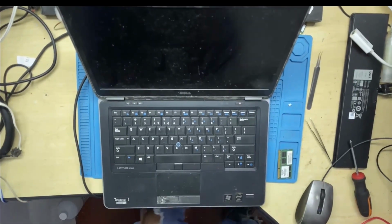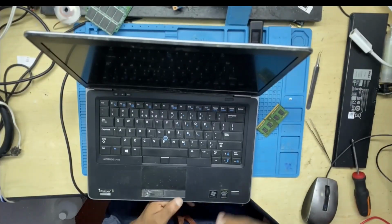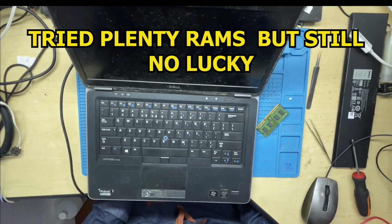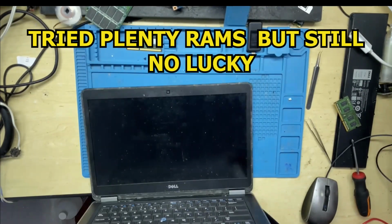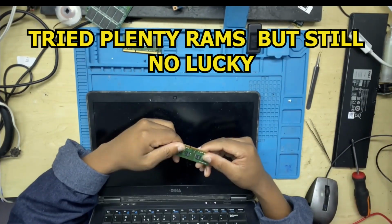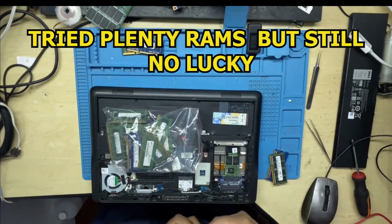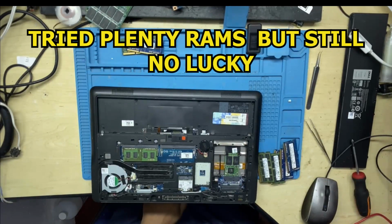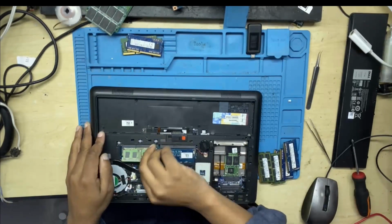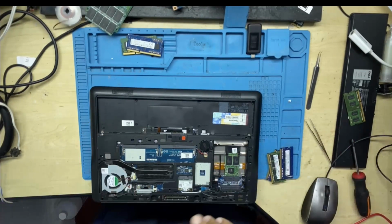I even went to where I keep a bunch of my RAMs. I took as many as possible, more than 10. I tried them one by one, but still the machine was doing the same thing. I tried several RAMs, but still, as you can see how many RAMs I tried, I was like, nah, this is taking a lot of my time, and it's clear that the issue on this machine